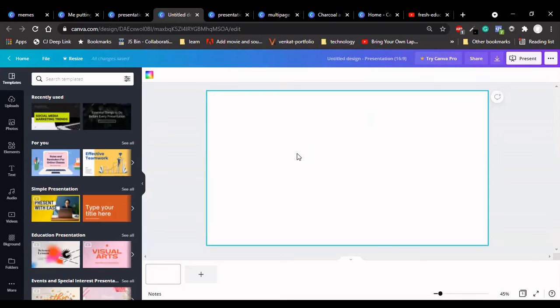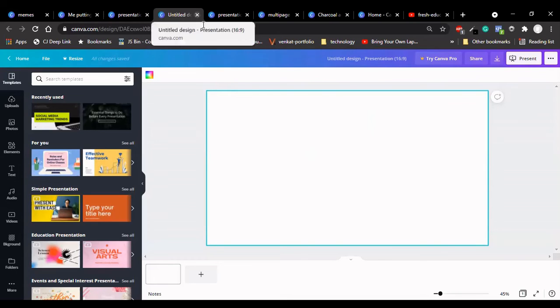You can explore shortcuts from Canva during presentation. If you go for 1, it shows the timer. 2 for 2 minutes, 3 for 3, from 1 to 9 you can get the timer in the Canva presentation. Likewise, if you go for B, it will blur the screen. Then if you click B again, it will go back. Likewise, you can use shortcuts and engage through your presentation from Canva 2021.